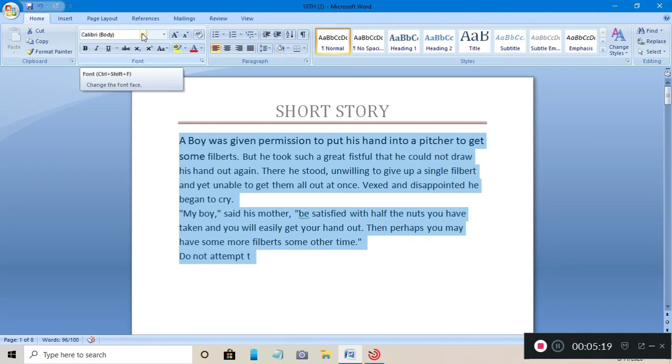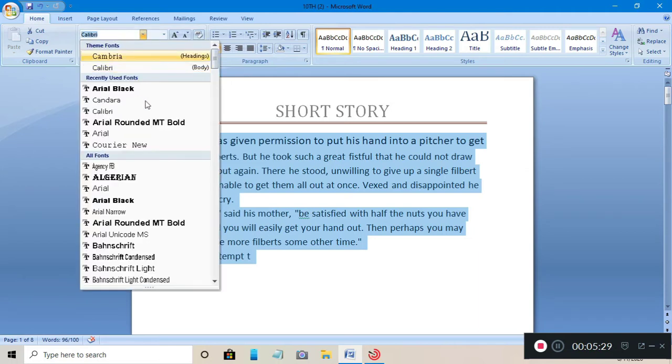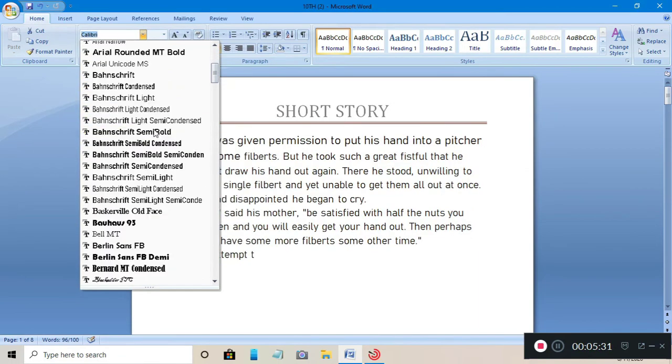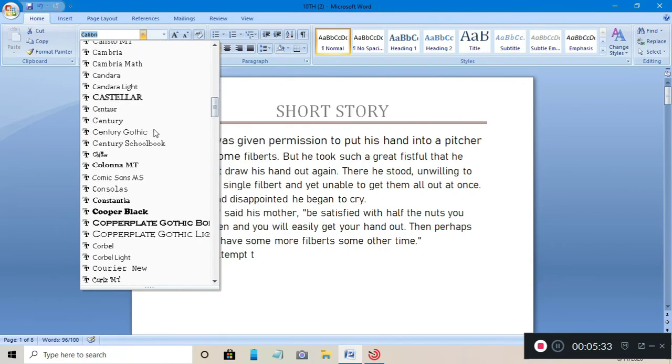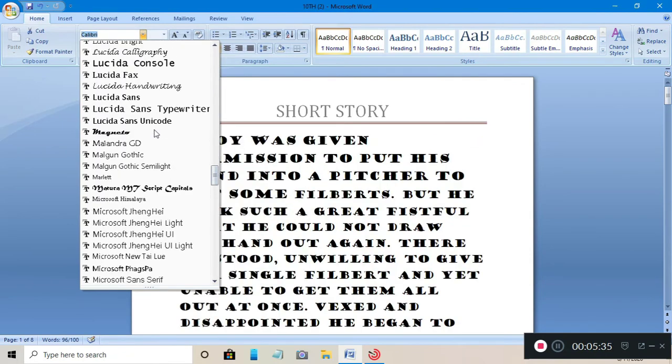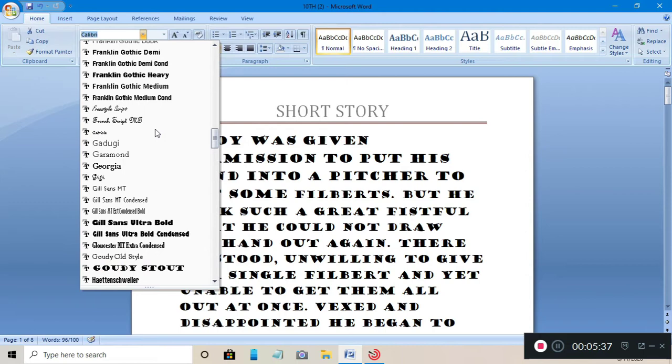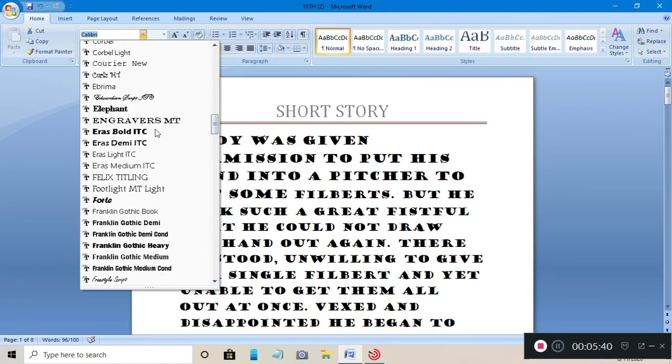Style is not written here, it is written just font. So when you click here on the nearby drop down button, you will find lots of listed fonts. These all are fonts which can help us to enhance our document appearance.